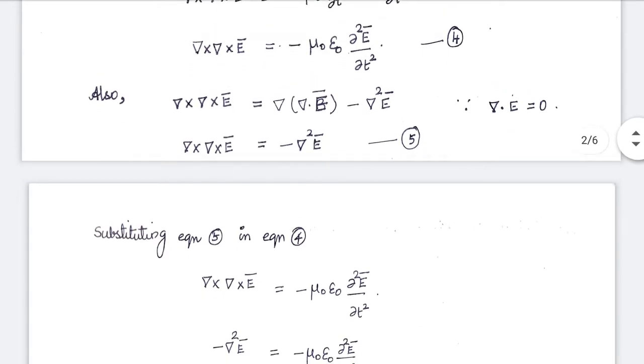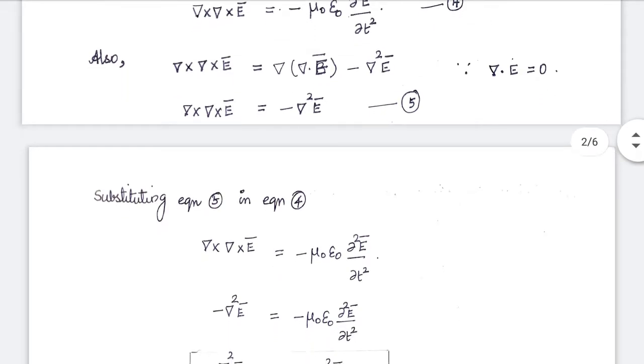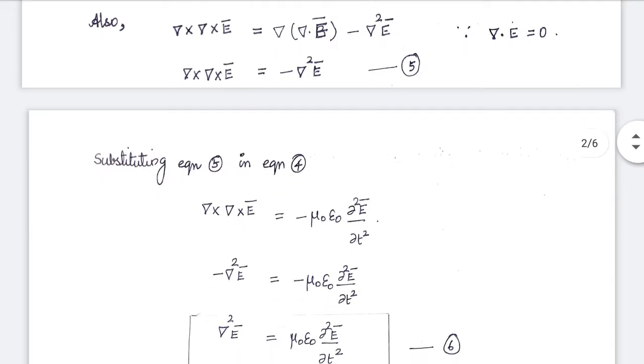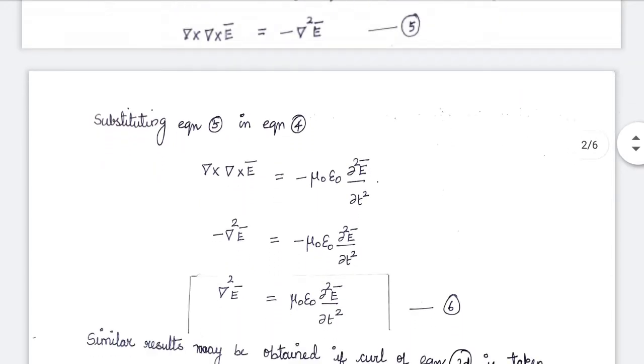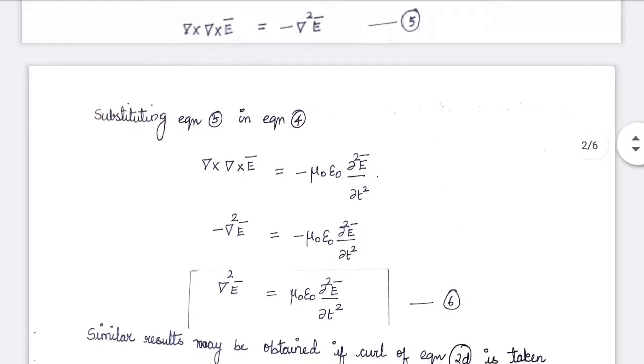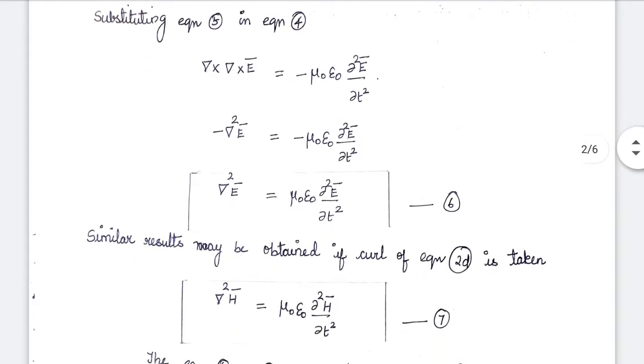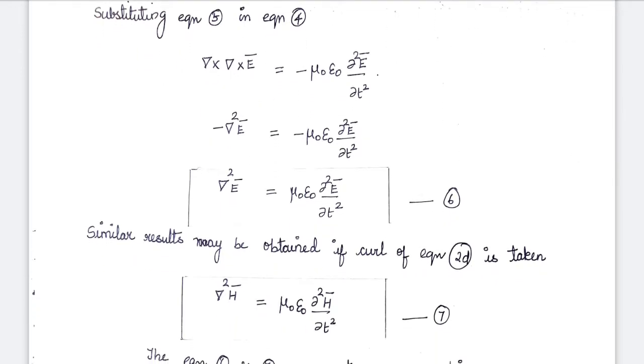Now let us substitute the value of equation 5 in equation 4. When you substitute it, in place of del cross del cross E vector, we can write minus del square E vector is equal to minus mu naught epsilon naught dou square E vector by dou t square. The negative sign and the negative sign will get cancelled. We will be left with del square E vector is equal to mu naught epsilon naught dou square E vector